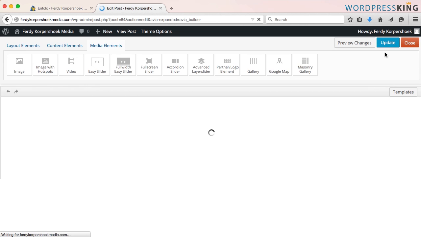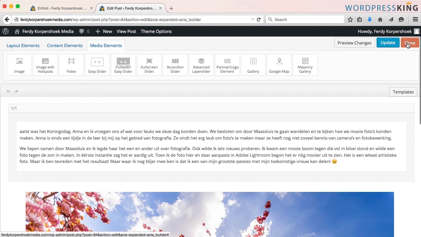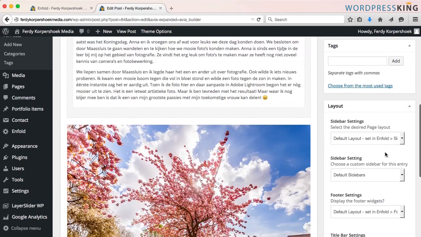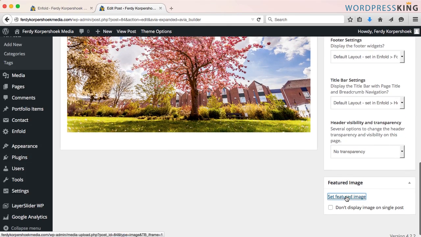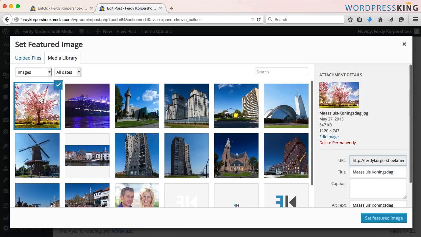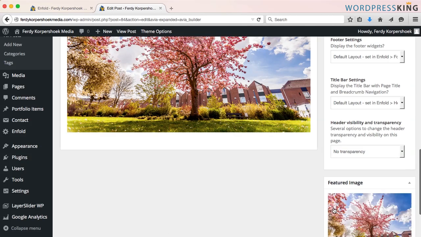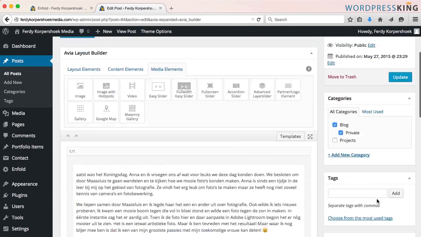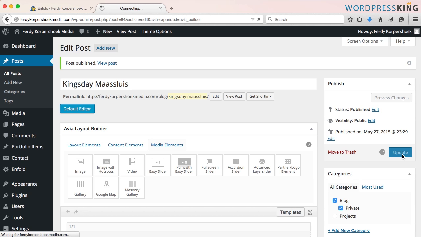And of course, I have to close this and make this also the featured image. Over here, set it, don't display image on single post and update. And now if I go to the blog,